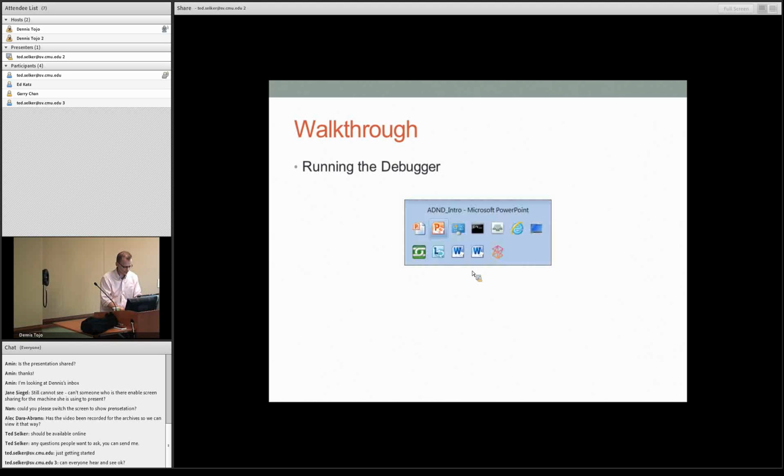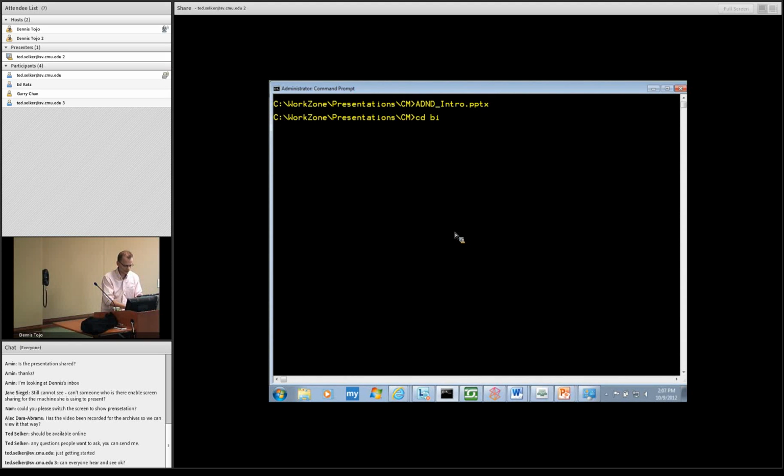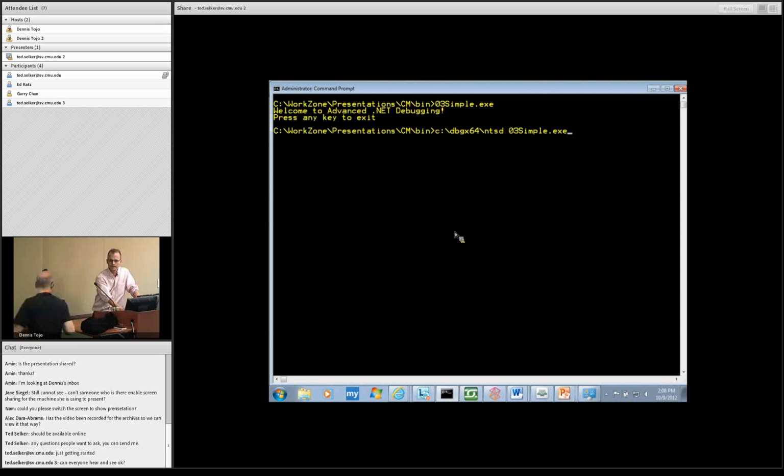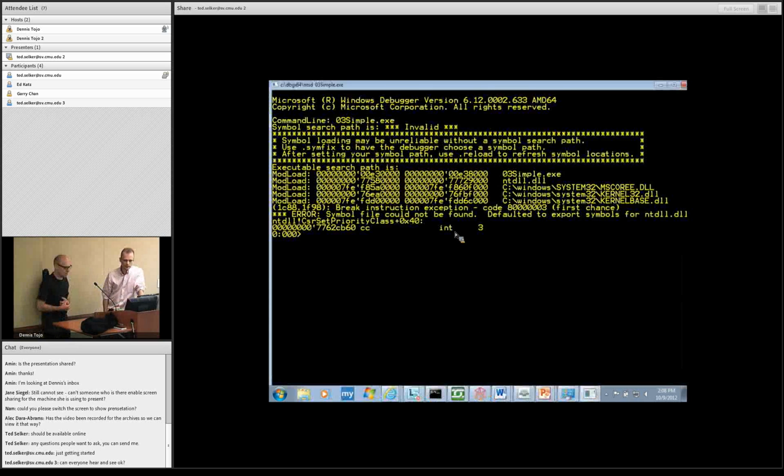Let's do a quick walkthrough. You can kind of see what this looks like. So I wrote a very, very, very complicated app here. It's called o3simple.exe. And what it does is this. Super complicated. It took me a week to write. Just dumps some stuff on the screen, okay? Now, if I wanted to start a new instance of this process under the debugger, I would use NTSD o3simple, and you end up with this,